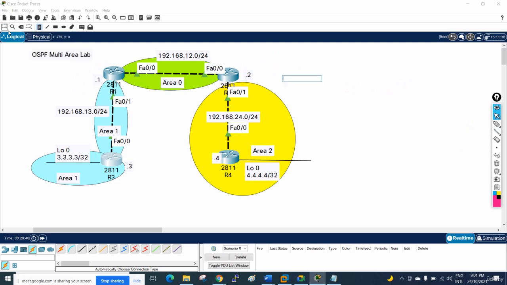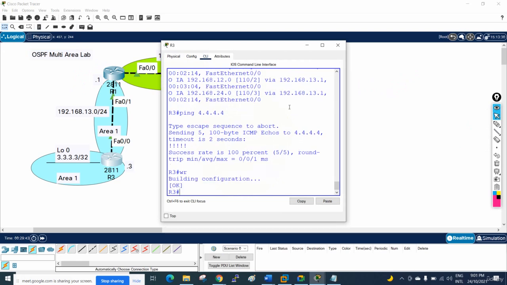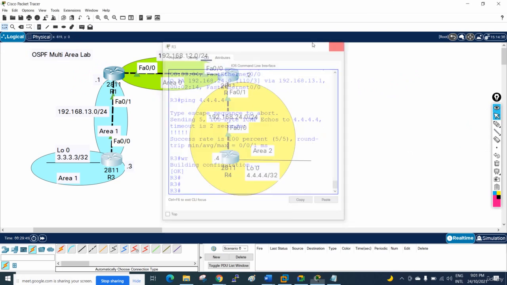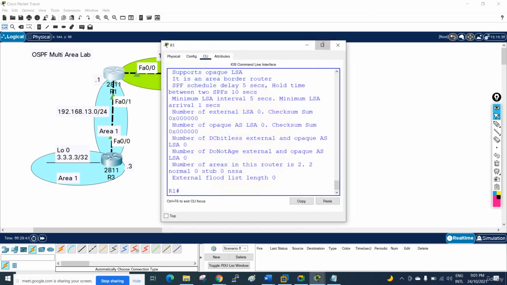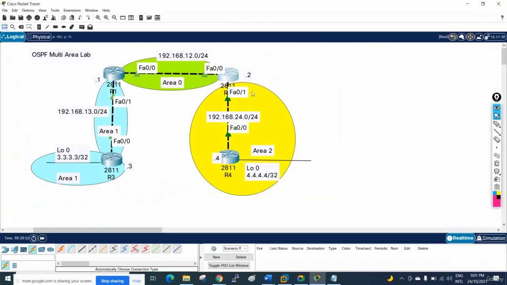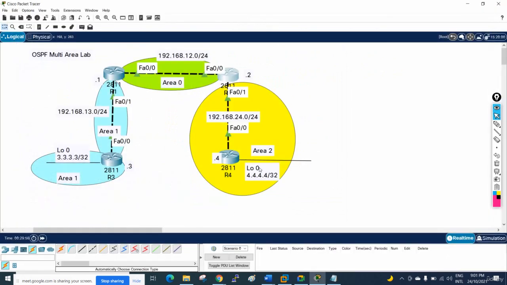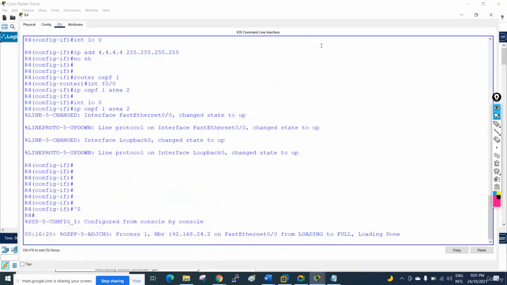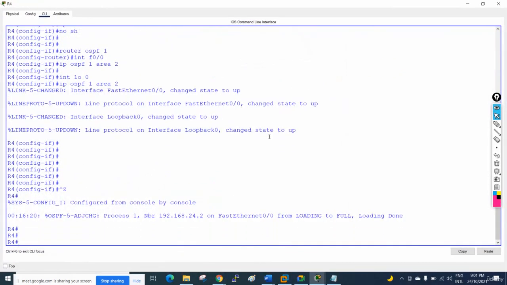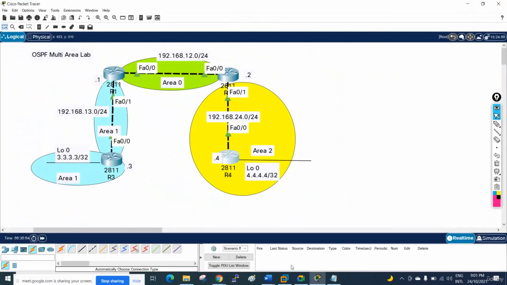Okay, let me save the configuration for these routers so I can upload it in the drive. You can download it there. So let me save this configuration. Here also I will save. Very simple only, this is very simple. Okay, before we had not done it, now we have done the multi-area. So how will we do it? Simple, we just need to configure